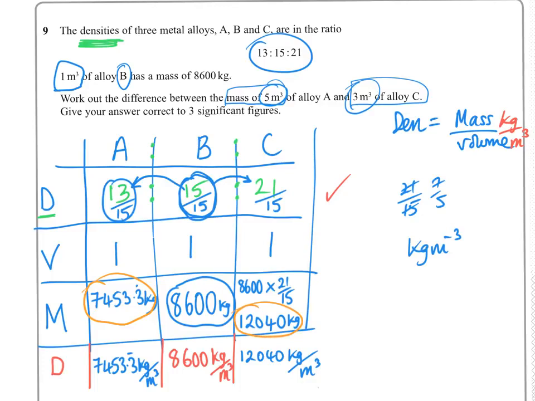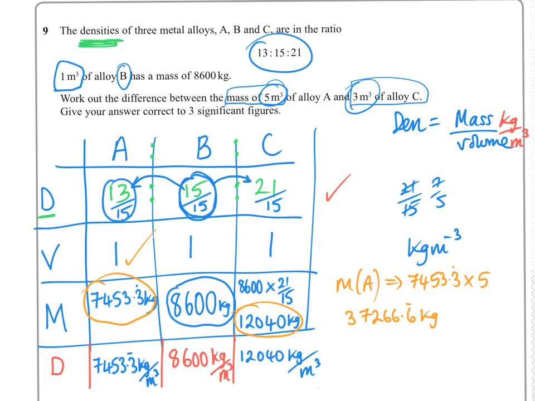So if we want the mass of alloy A, that's just going to be 7453.3 recurring times 5, because we had it for 1 metre cube and we want it for 5. I'm going to do that on the calculator. I'm just going to do lots of 3's afterwards, it's just easier that way. Times 5, and that's going to give me 37266.6 recurring